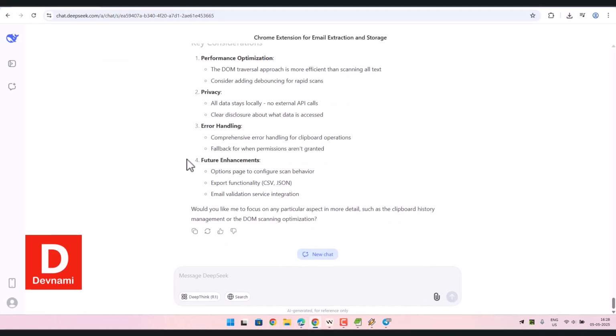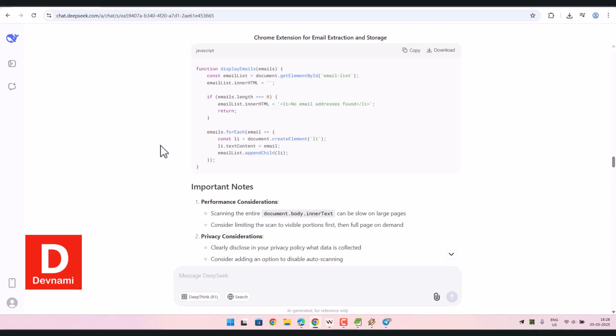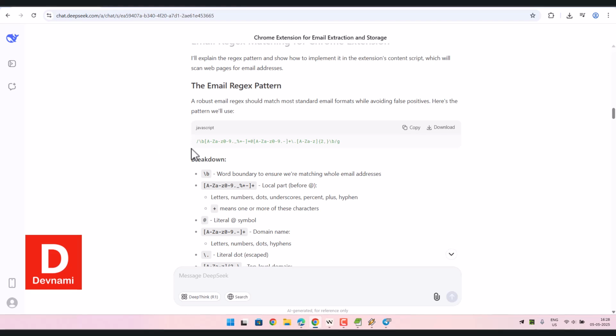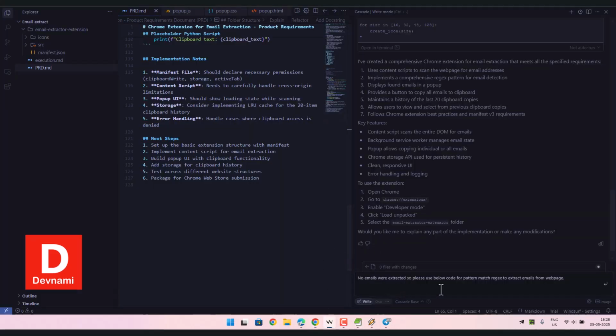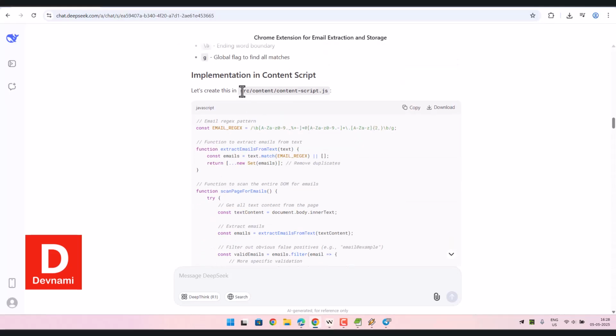So I will go back to DeepSeek, and here as you can see there is this particular code, right, which is the regex pattern. Next is update on, okay, it should be in here,